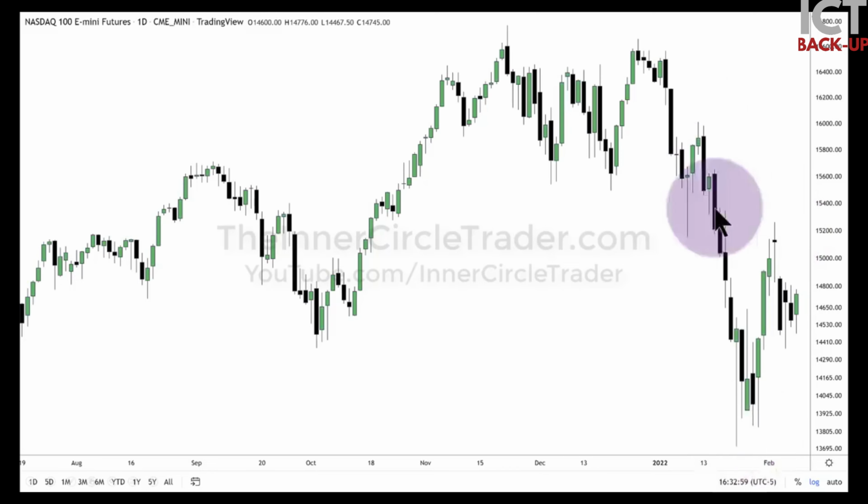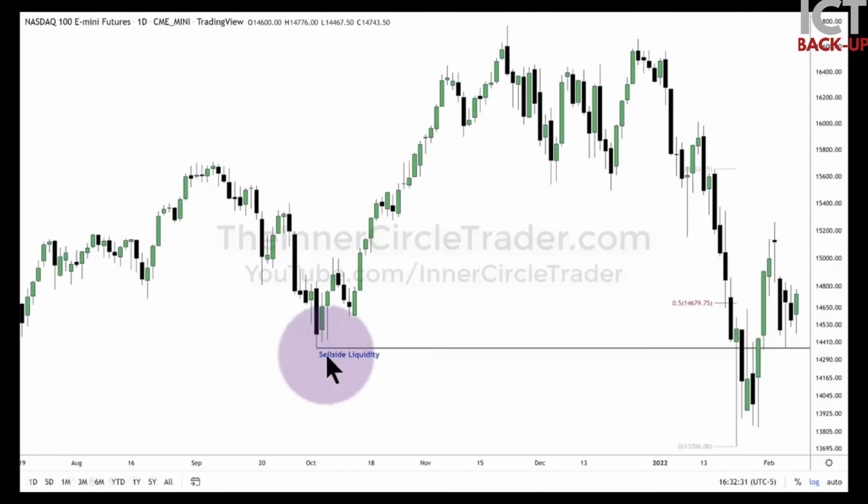But look closer. See how we have this nice energetic run? Look how many down close candles we have here: 1, 2, 3, 4. A lot of movement there. So I'm looking at this high and this low, and I'm trying to get a range for where we are at present. So once the sell side was taken out here, it's likely to retrace back inside the range of this high